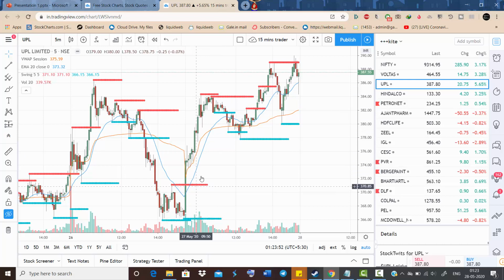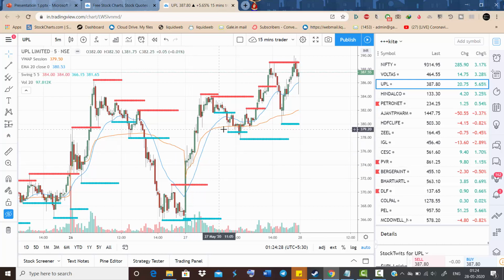So I'll come to the opening range breakout. There is an opening range between 375 and 367. What you need to do is buy on the next candle when it breaks above 375. In this candle you enter at about 375. Stop loss is the lowest of this candle, 367, and you can hold it for another 5 to 6, or a maximum of 7 to 8 candles.